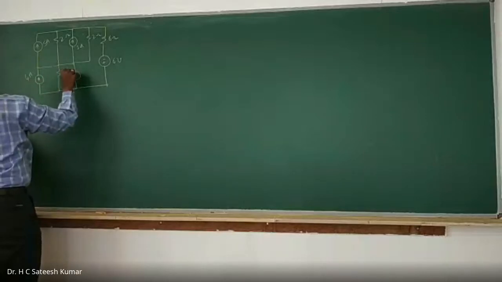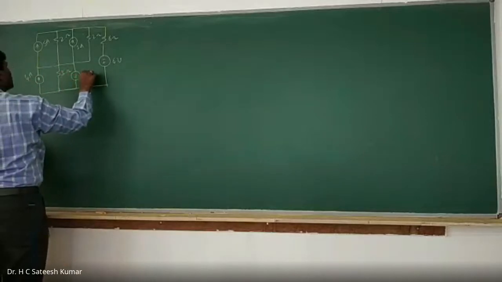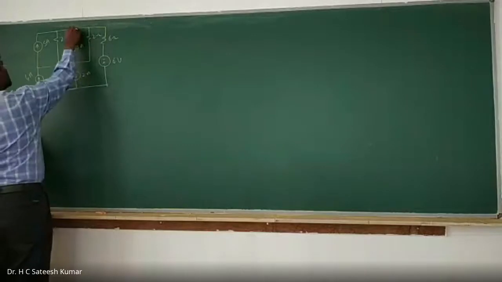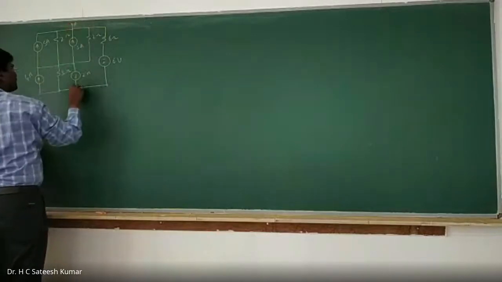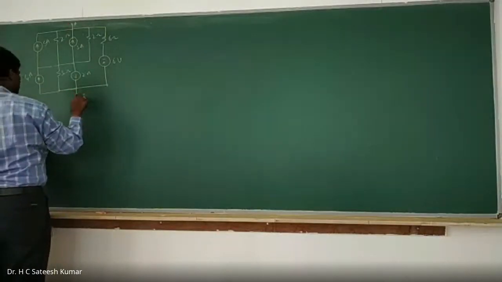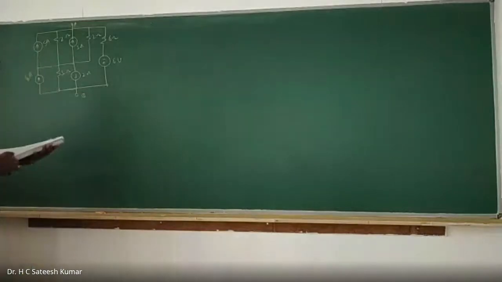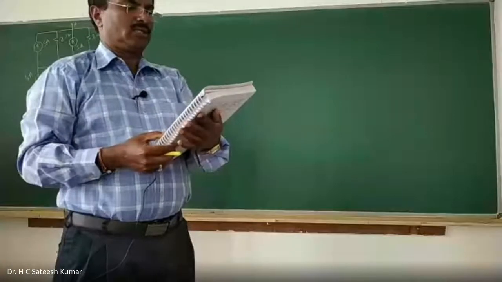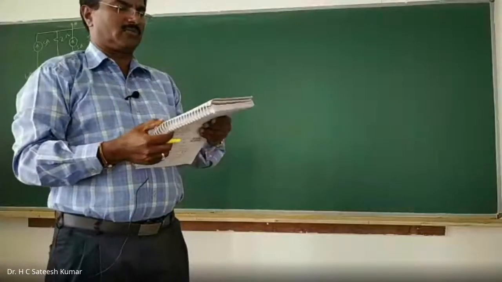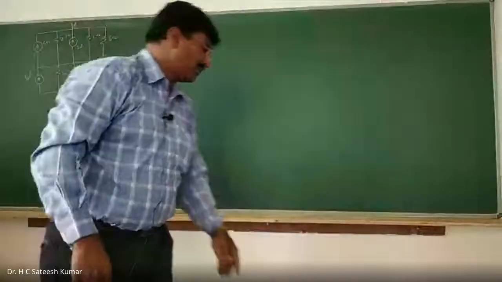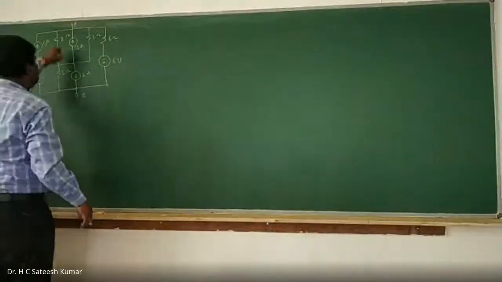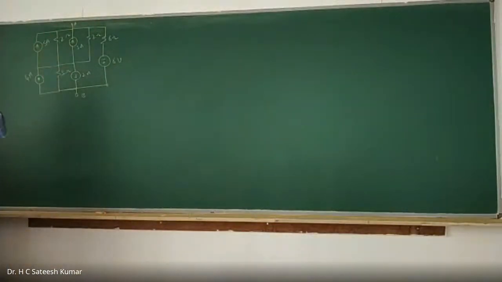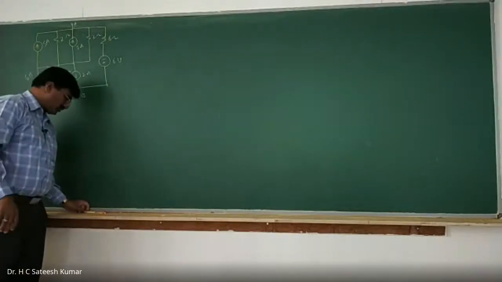Three ohms, 2 amps. A, this is B. Okay, right. The question is: reduce the network shown in the figure into a voltage source with resistance between the terminals A and B. That means between these two terminals, we'll have to reduce this network to a voltage source in series with a resistance. How to do this problem?